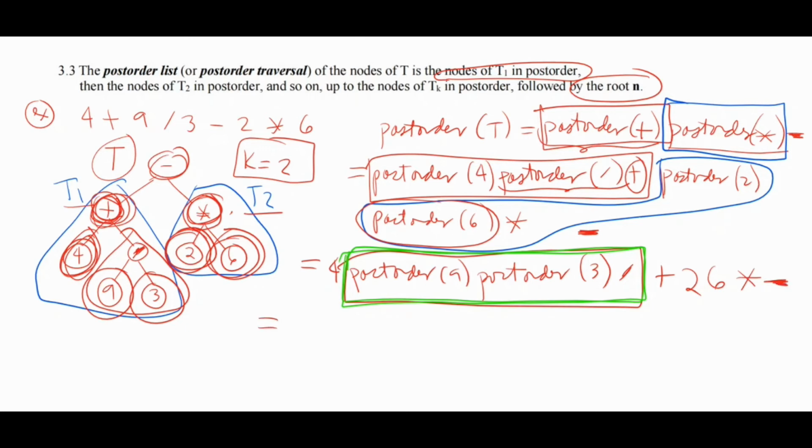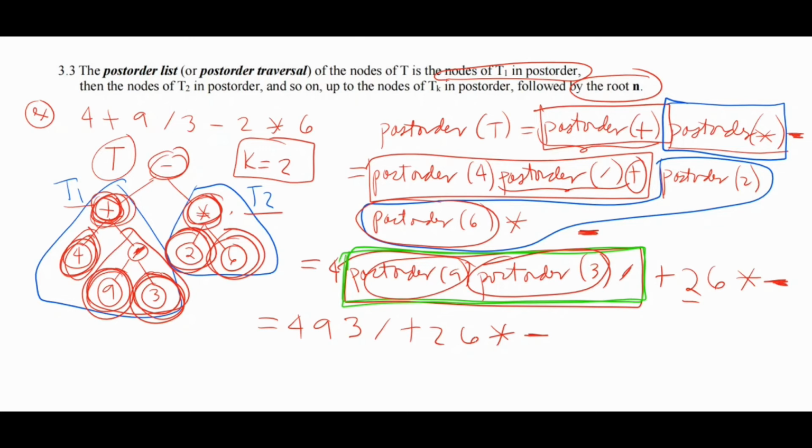And we continue, bring down 4. Post order of 9 is a single node tree, so it's just 9. The post order of 3, this is again a single node tree, so it's just 3. And then bring down division, bring down plus, bring down 2, 6, multiplication, and